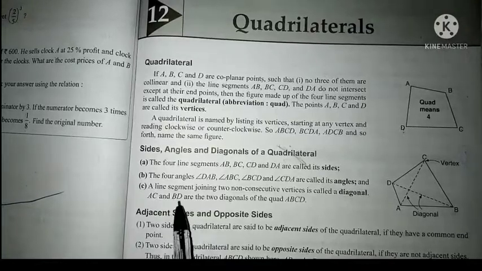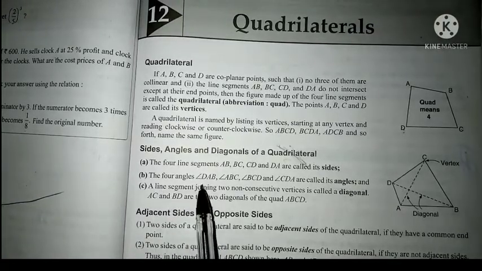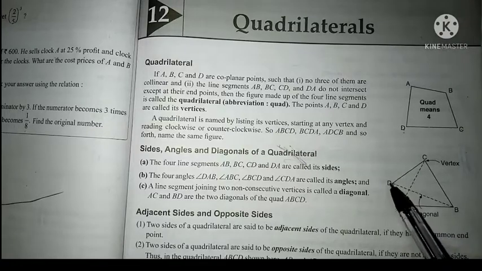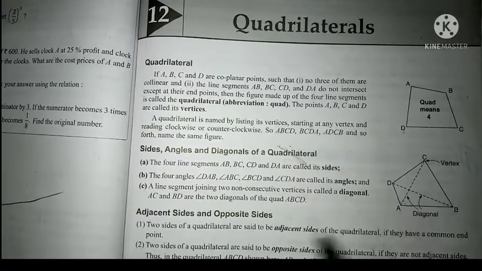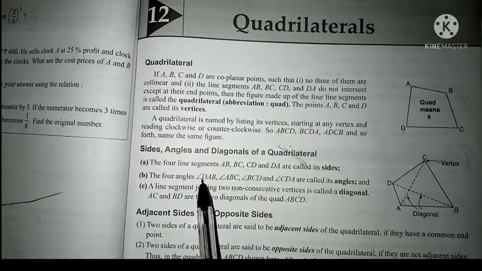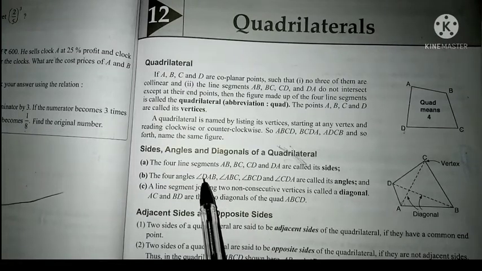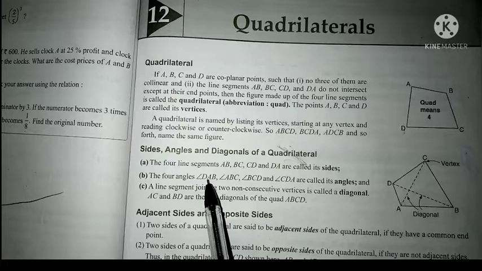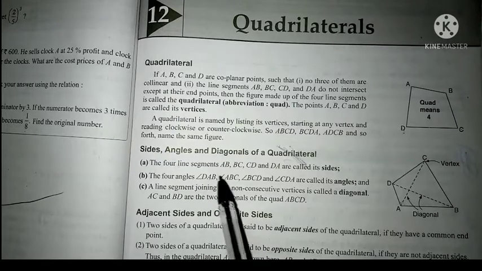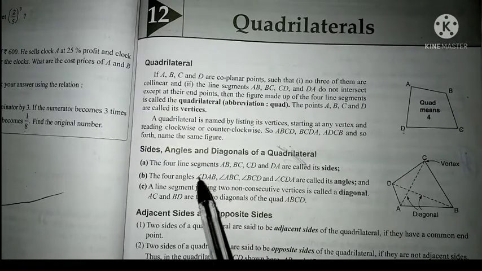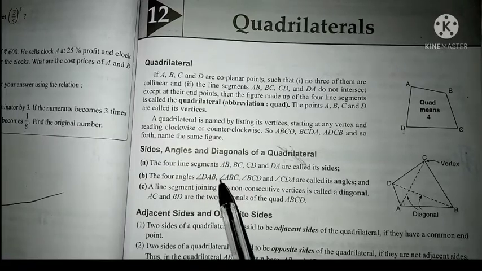Next we have angles here. Now see, angle DAB. We are talking about this angle A. You should remember one thing: when we have DAB, don't get confused about which angle we are talking about. In between D and B, what do we have? A, in the middle. That means we are talking about angle A here. The symbol is used to denote angles. And you can see here angle ABC.